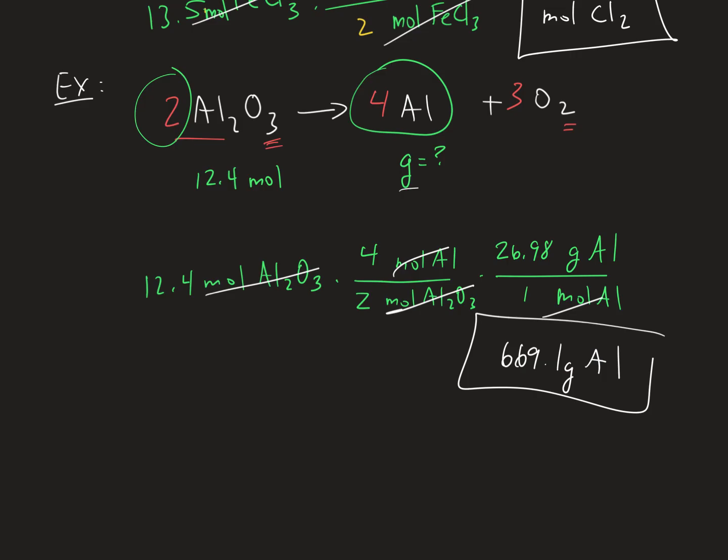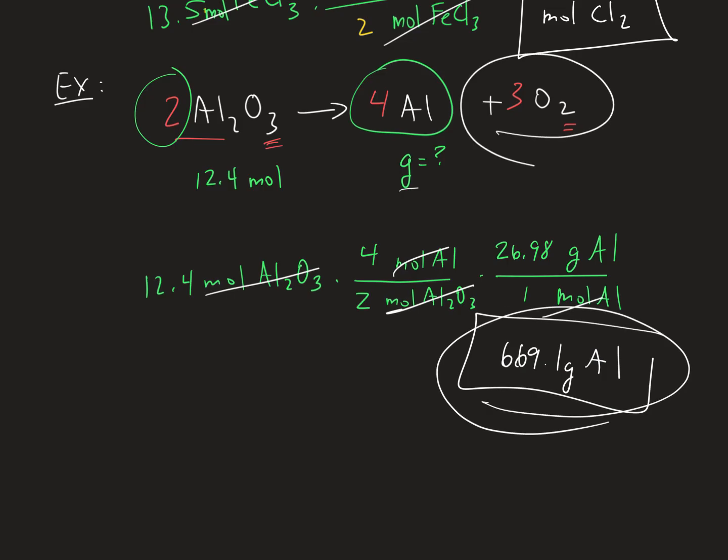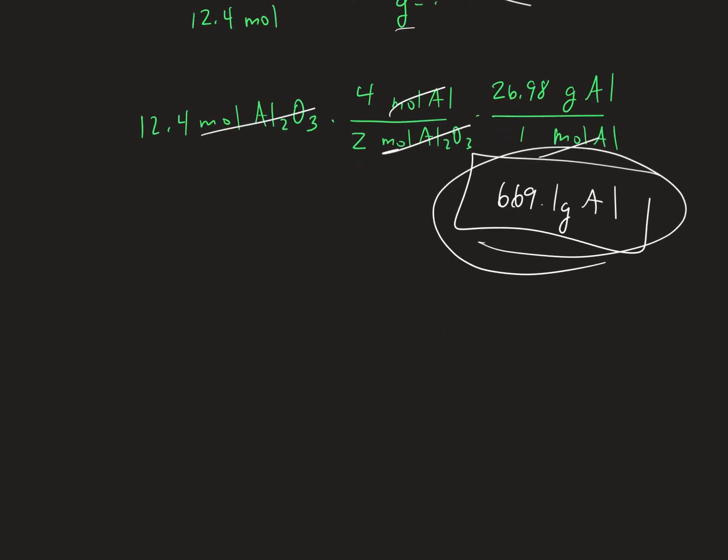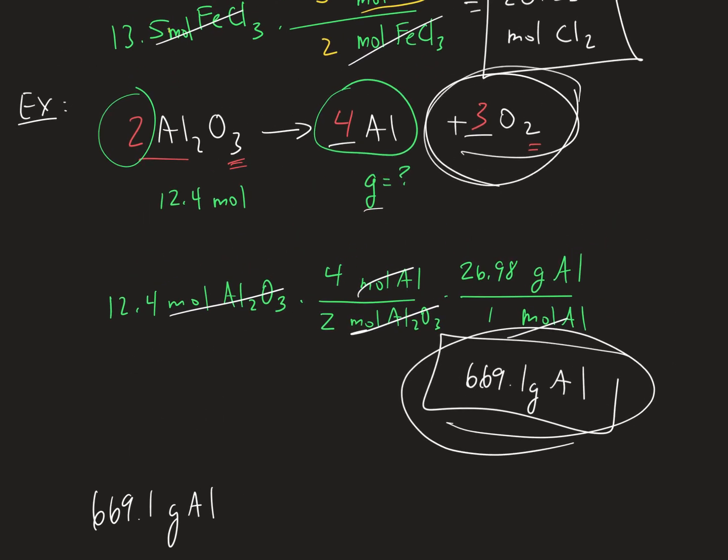Can I go from grams of aluminum to grams of oxygen, or moles of oxygen? The same way, right? So the mole to mole ratio here is 4 to 3, exact same way. Are we good, or should we do it? Okay. So if I have 669.1 grams of aluminum, and I want to know how many moles of oxygen I get,